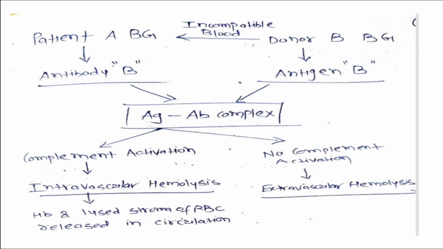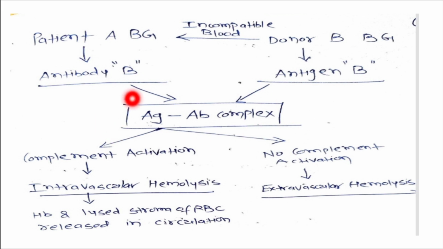So suppose you have given incorrect blood to this patient. You have given B blood group blood to this patient. So what will happen? The donor has B blood group, not A, so they will have the corresponding antigen B within their blood, right? So this antigen B and this antibody B will react with each other and they will form the antigen antibody